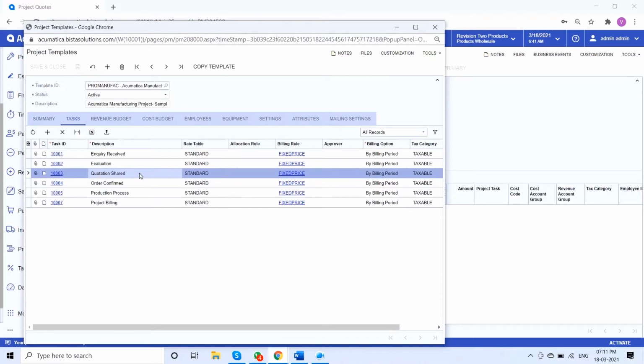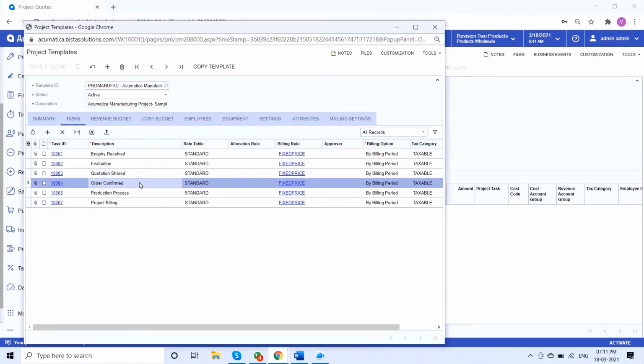and finally we'll do the billing. So we can do it either by creating a task or by creating activities on the project itself. So it's up to you how you want to do it. Then we can map it with the different billing processes, or we can create several billing processes in Acumatica.